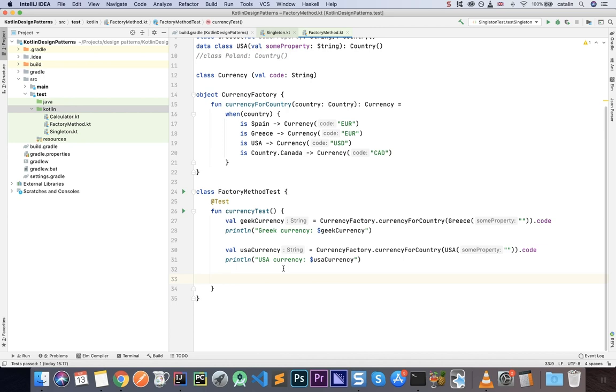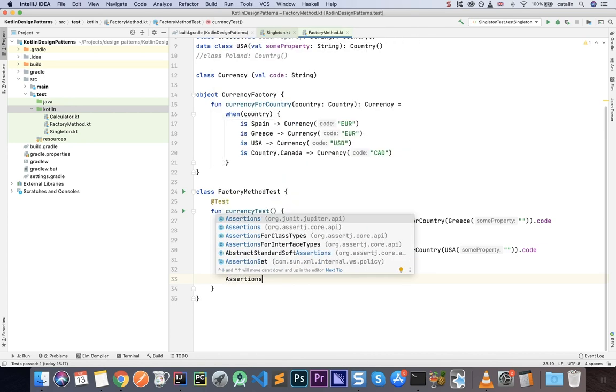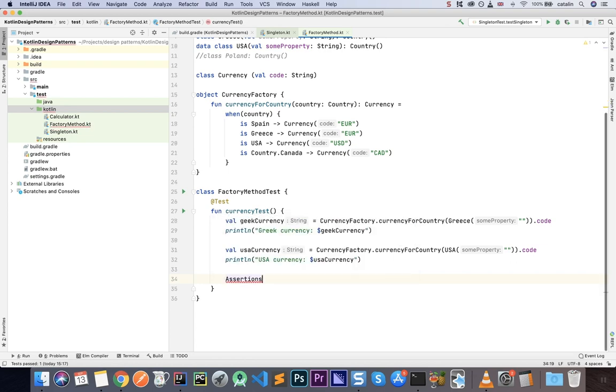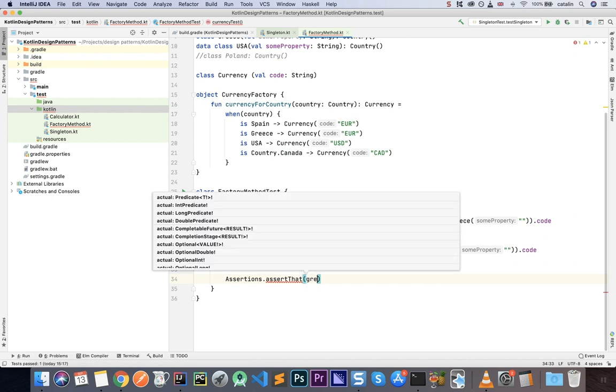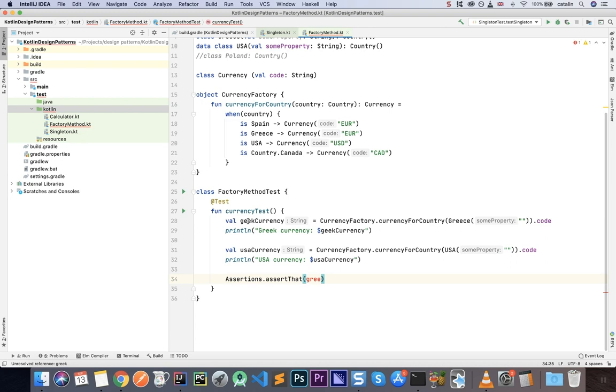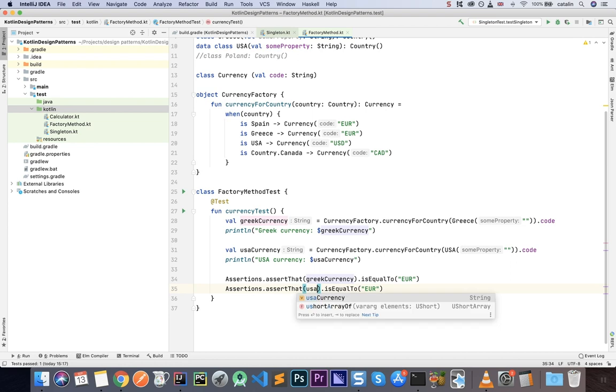Now let's create a few tests, assertions, and make sure you select the AssertJ ones. Dot assertThat, here we have greekCurrency. I mistyped the Greek here and here. So greekCurrency dot isEqualTo, and we're expecting the euro here, and I'm going to duplicate that, Command or Control D to duplicate, and usaCurrency is going to be United States dollar. Okay, so let's go ahead and run the code